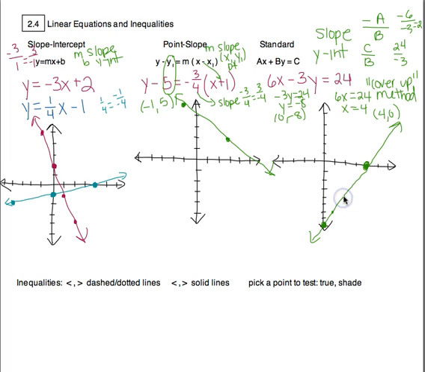1, up 2, right 1, and then what do you know? Up 2, right 1. I land in the exact same place. It's going to give you the same line. So I think the cover-up method is easier, but certainly if you prefer to use the slope and y-intercept trick,